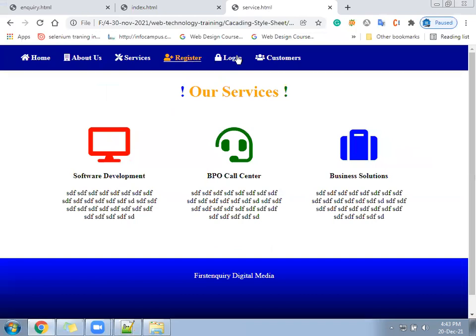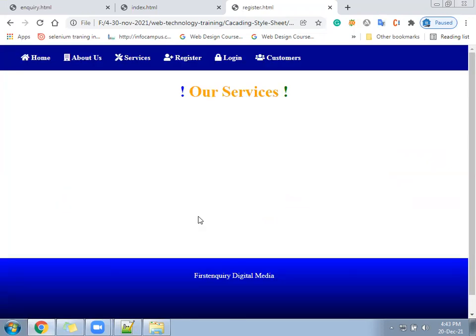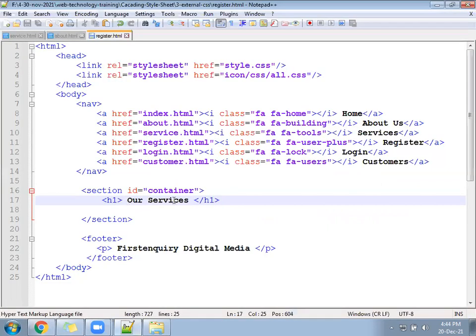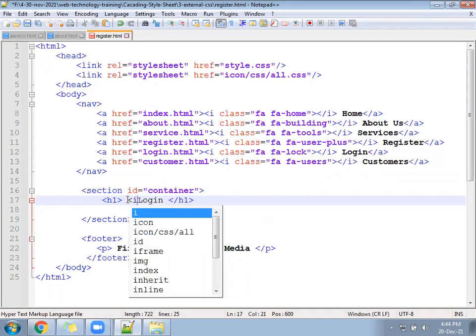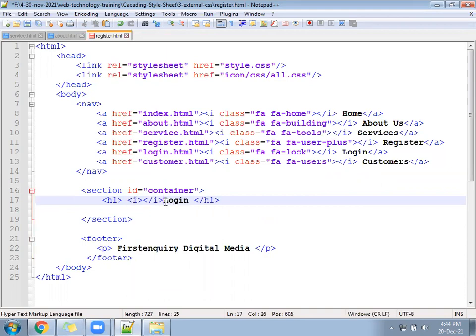So container is not services. So we can go to the register file, icon, let it be similar, and then we can change here. Now instead of this, we are going to keep user login. H2 you can keep here for login. Before login, we will keep a lock symbol, i tag open close.